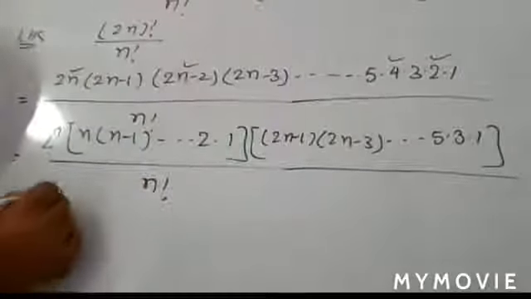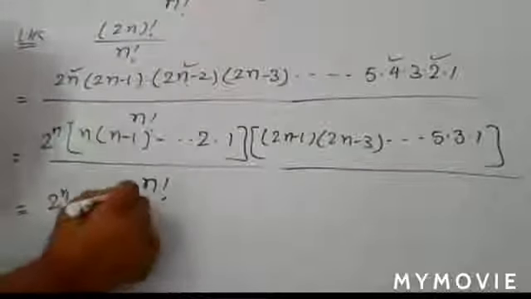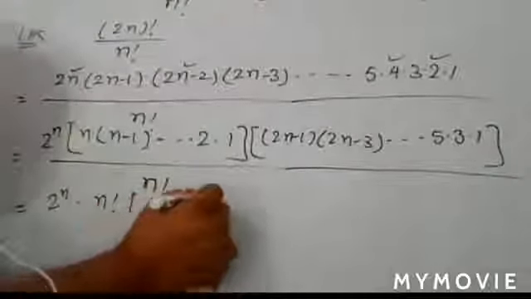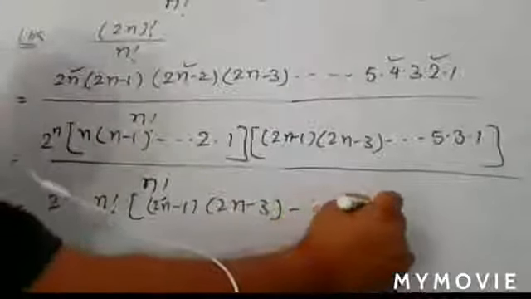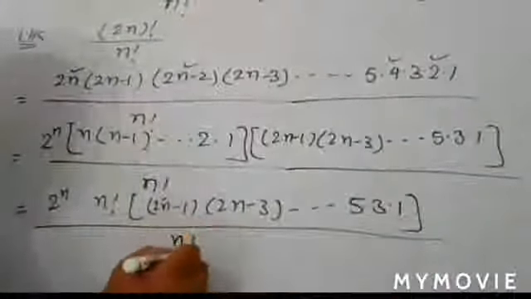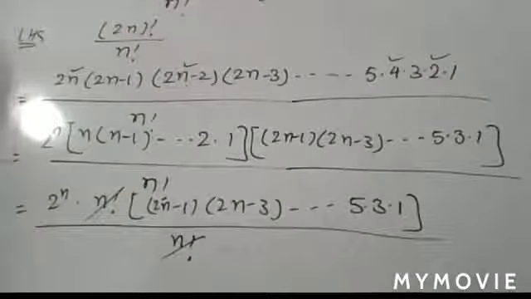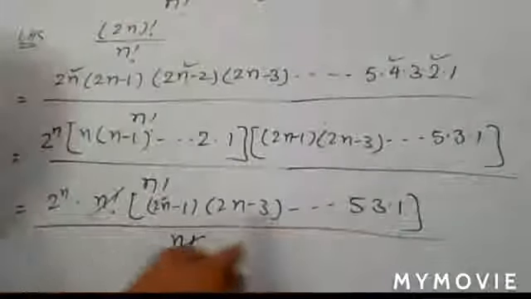So write 2 to the power n into factorial n into 2n minus 1, 2n minus 3, and 5, 3, 1, and whole divided by factorial n. So that we cancel out. Now just you see here, here you are taking the product of odd numbers, odd